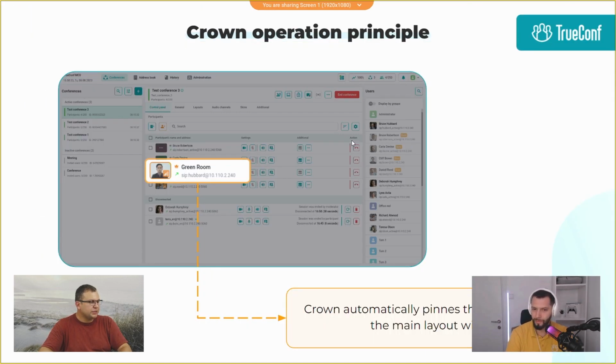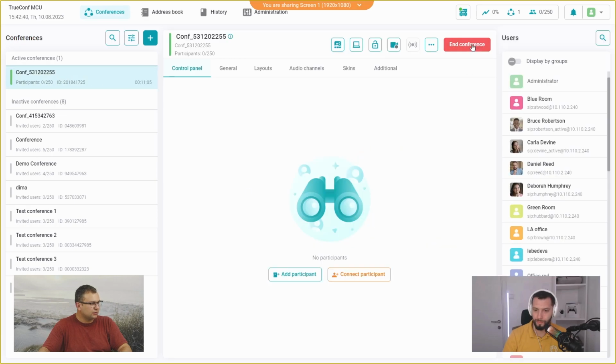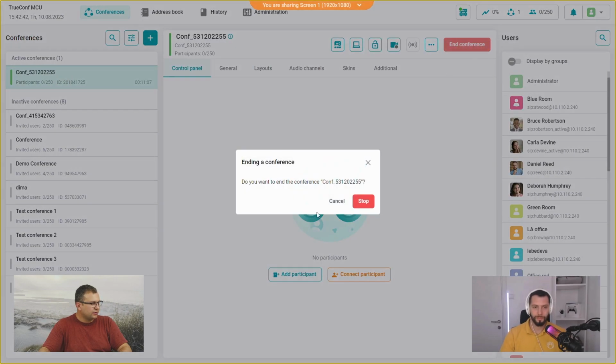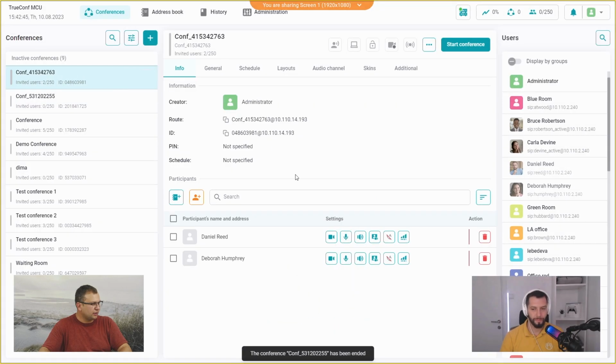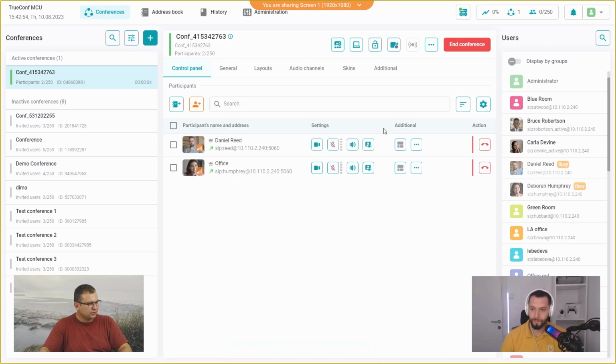We also have a quick setting to highlight the active user. If I start the conference, let's start this second conference and start the previous one. I will invite automatically all users here. Just a moment. Yeah, users are busy. Conference has started. So now, if, for example, we would like for all participants to highlight the specific participant, specific